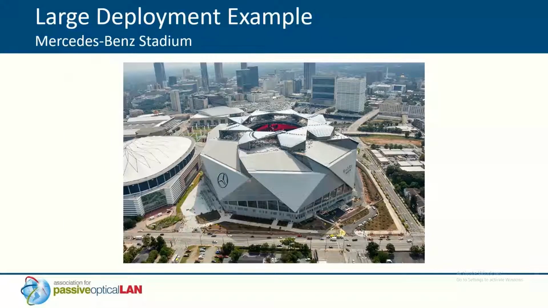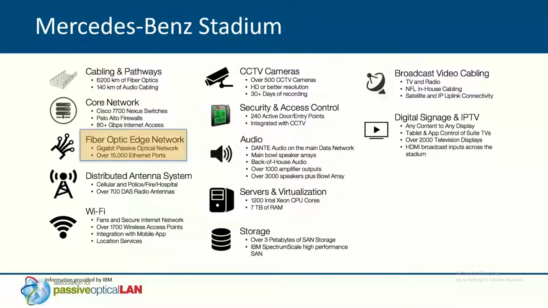So one really cool example, and there are others out there that are this large, but this just really showcases all of the different technologies that can run on a PON. The Mercedes-Benz Stadium, Atlanta Falcons NFL Stadium, everything you see here is running on the PON network. You can see the sheer amount of fiber optic, 6,200 kilometers. Think about if it were copper, it'd be orders of magnitude more cost,